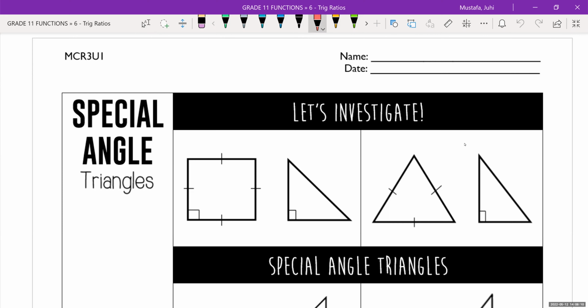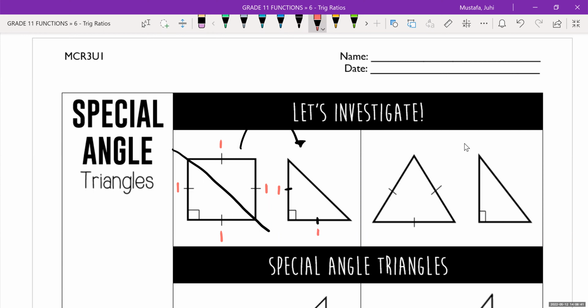So imagine that we have a square over here, and every single side length has a measurement of 1 unit, 1 centimeter, 1 meter, doesn't matter, it's 1 unit. If I were to take this and split it down like this, I would end up getting this type of triangle. So this triangle then would have this measurement as 1 unit, this measurement as 1 unit, and